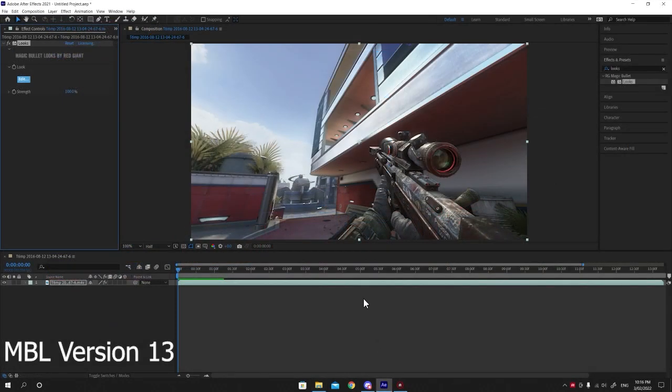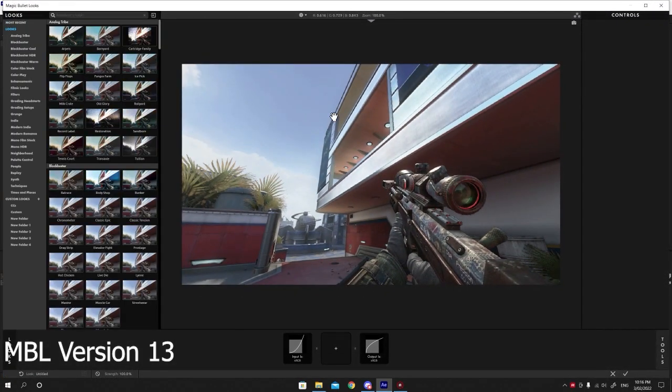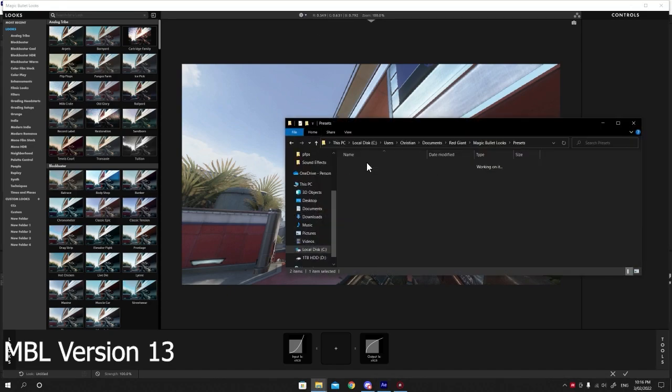And now I'll just be doing a quicker tutorial on how to install for MBL 13 and below. It's a similar process, except now you don't actually use the import button. I believe when you open yours, obviously your MBLooks will look different, and you won't have this import button. For you guys, what you need to do is open up your presets folder, and once you find your preset,